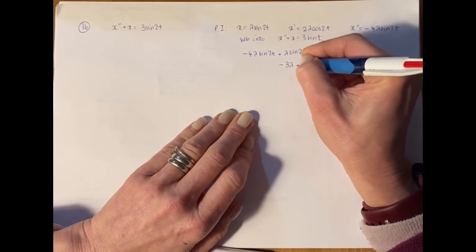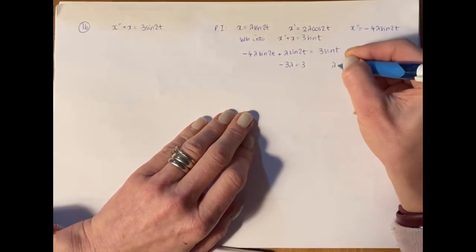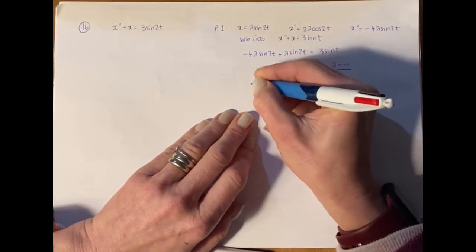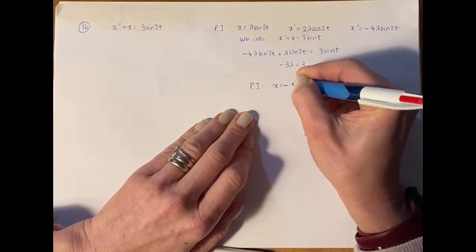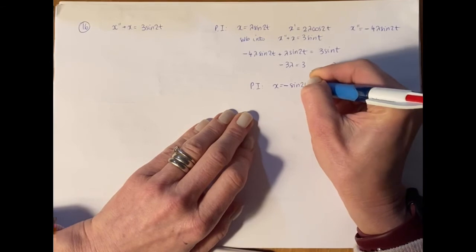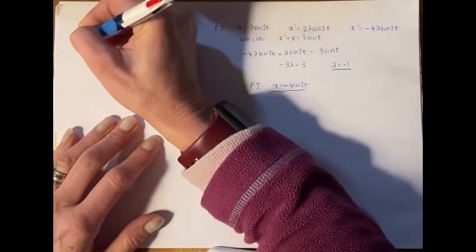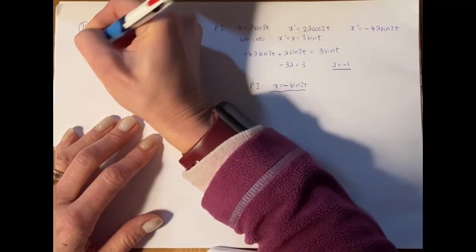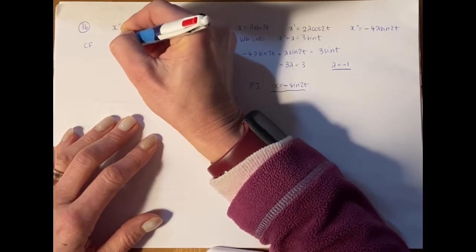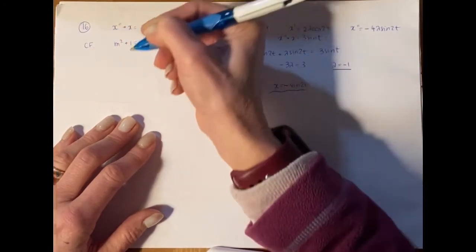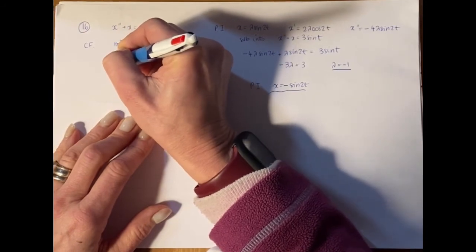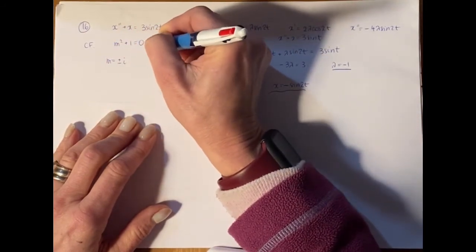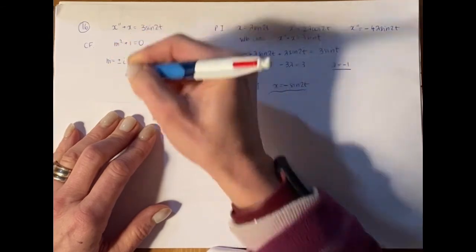So 3 lambda is equal to 3. Lambda is equal to minus 1. So the particular integral for this question is x equals minus sine 2t. Okay, for the complementary function, we are considering m squared plus 1 equals 0 as the auxiliary equation. So m squared is equal to minus 1, so m is equal to plus or